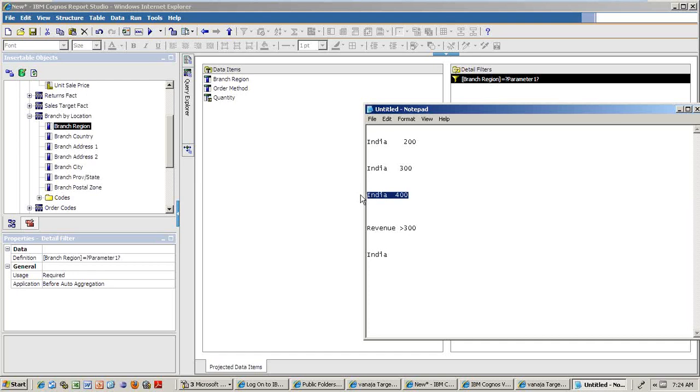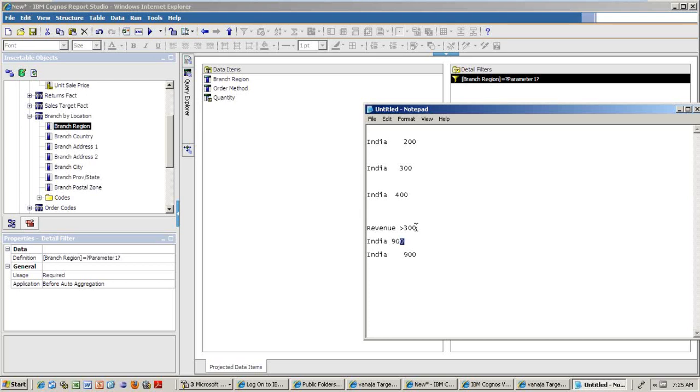Am I right? But after aggregation, if I put it, what will I get? For example, if it is a total, and India is greater than 900, then the India value will come. Otherwise, only one record will come. So after aggregation means it is aggregating, so the India value became 900. The India value 900 will come because the filtering is done only after aggregating.